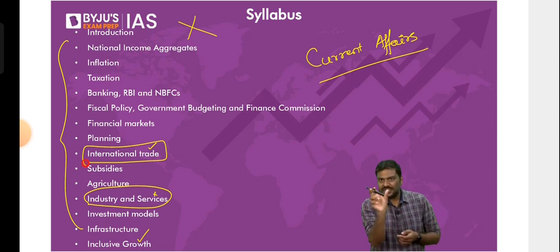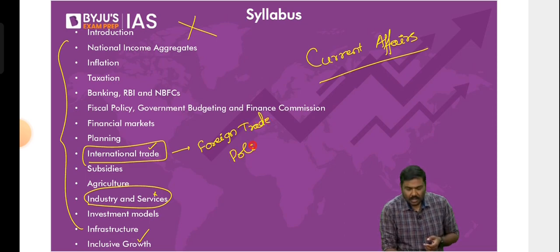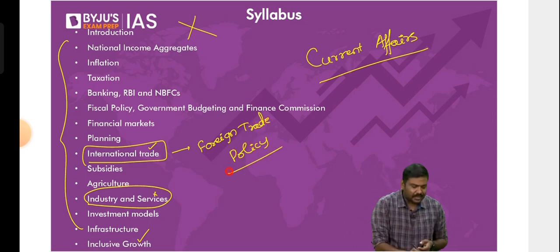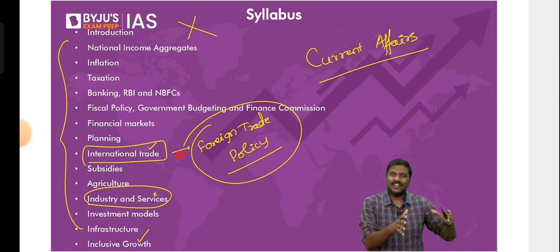But trust me on this, on the chapter of international trade, we'll have a discussion on a concept called foreign trade policy, FTP. And in the next 1 month, there will be a new announcement of foreign trade policy. That is, the government will announce a new foreign trade policy. So should we keep on reading what we have discussed in the classroom and stick to that?